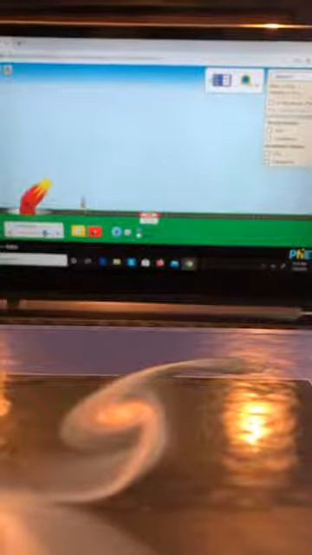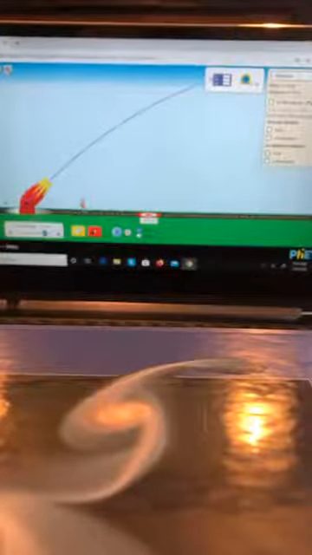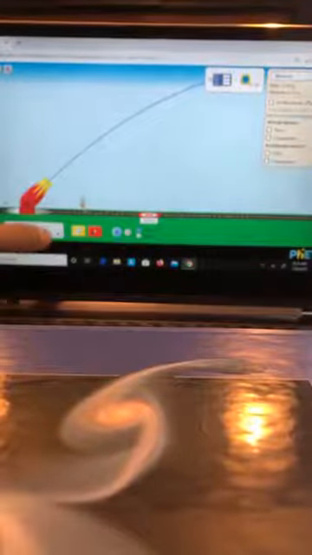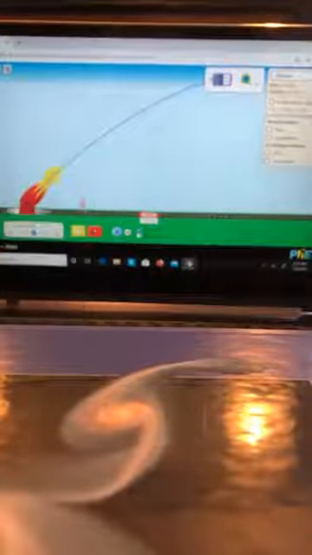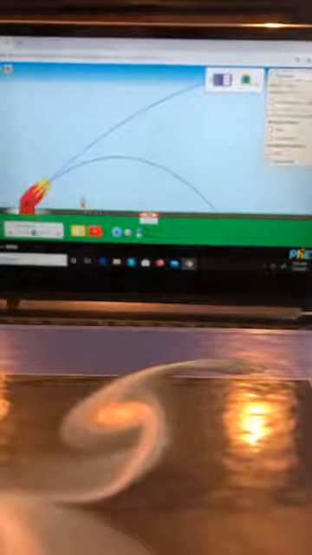By the way, I have turned off air resistance. There is no air resistance in this setting. So let me fire. Oh, it is well beyond the screen. So let me change to a smaller velocity, 15 meters per second. Let me fire, okay? So what we are projecting is a baseball.